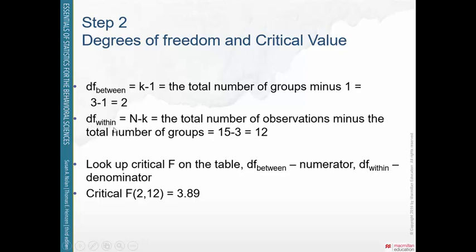And degrees of freedom within is total number of participants in our study minus total number of groups. In this case, we've got 15 people in this study minus 3, which is 12. So we're looking for the critical value for an F with 2 and 12 degrees